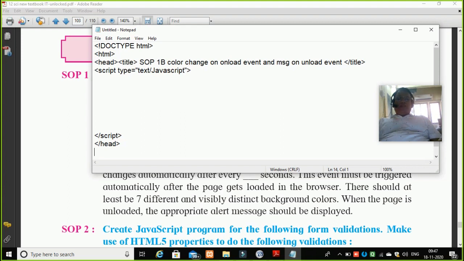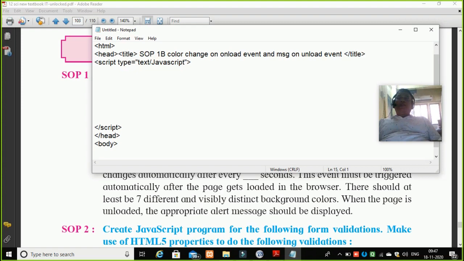Now students, after the head closes, there is a body tag which we are supposed to write. So I'll write the body tag without any color. So by default, it will show me a white color. Now, students, I don't have to show any button, any form or anything over here.